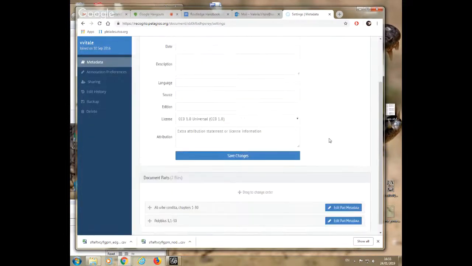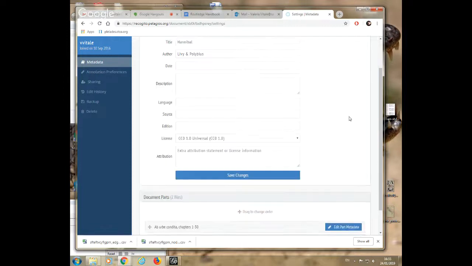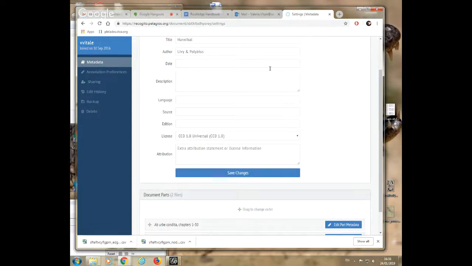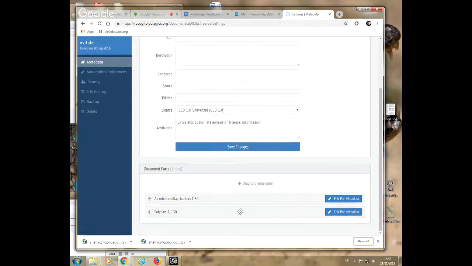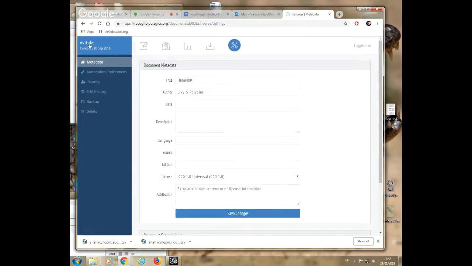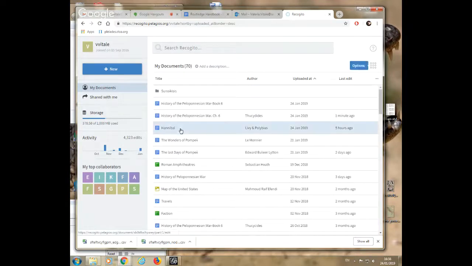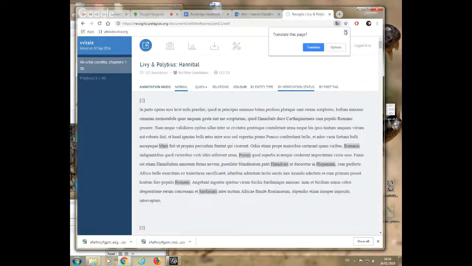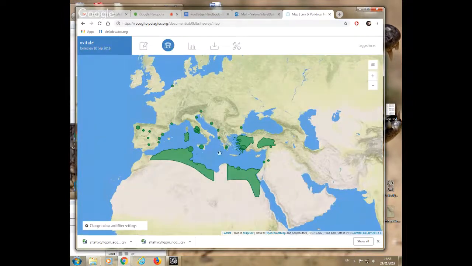Second Punic War. And you see that if you go into the metadata, you have metadata for the bundle document, but you also have metadata for the single part of the document. And the interesting thing about this is that your annotations then, and please bear in mind that these annotations are automatic. I haven't checked anything, or almost anything. So the annotations that you see here, they come from both the documents,